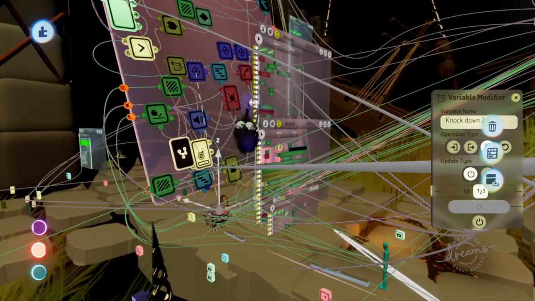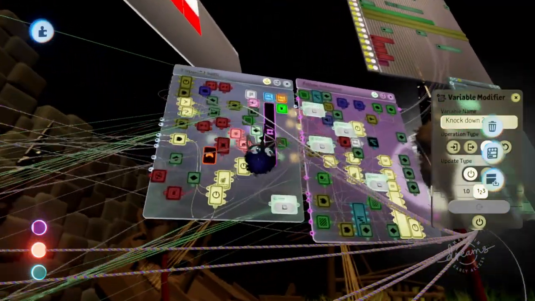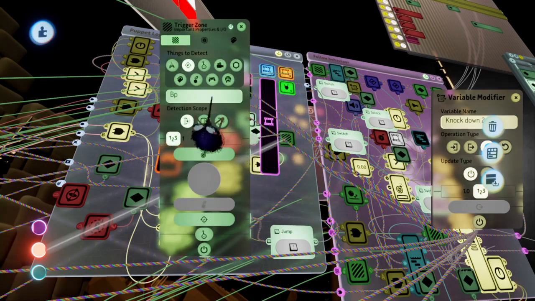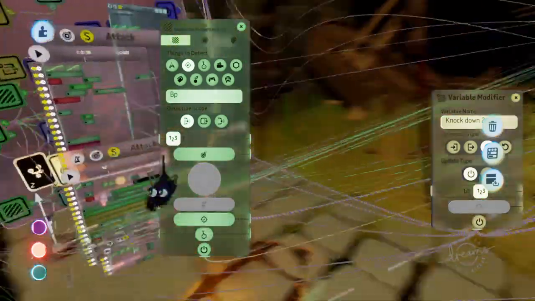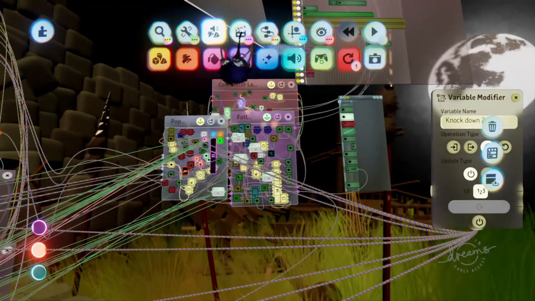So that's what that trigger zone would be doing. And that trigger zone should be on this setting. Then you'll want to connect this side to your main character. And it's as simple as that. So if we really needed a visual representation here, we're going to pull out our timeline,